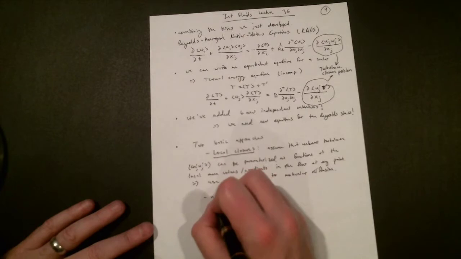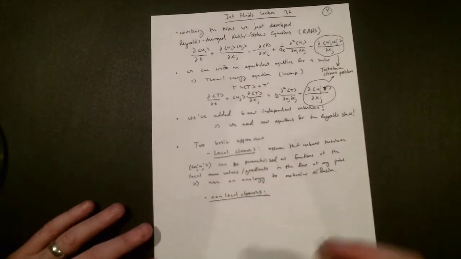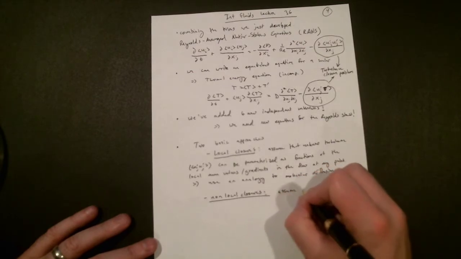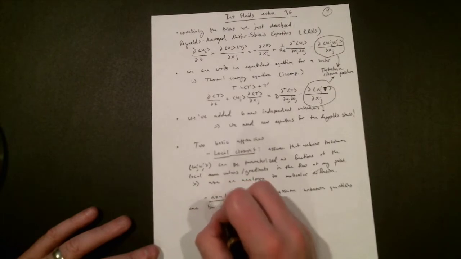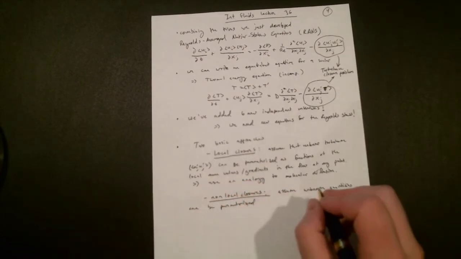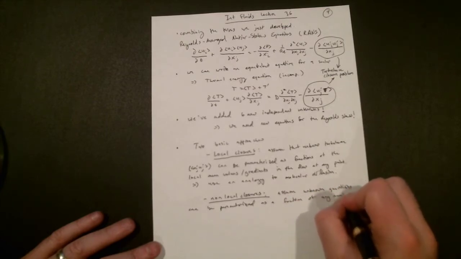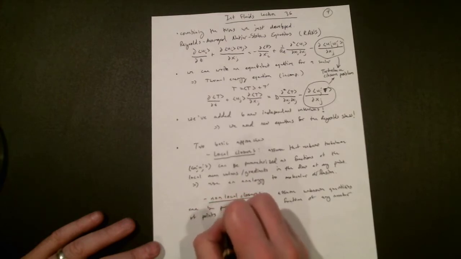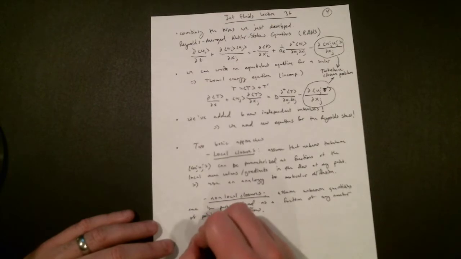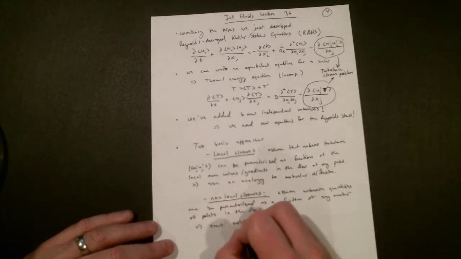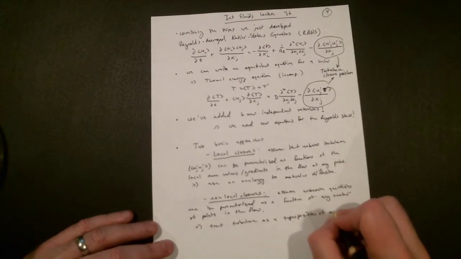The other types of schemes that are common are what are called non-local closures, kind of another class. And these basically assume that unknown quantities can be parameterized as a function of any number of points in the flow. Many times actually even taking into account basically all points contributing to any given point. So they treat turbulence as a superposition of many eddies of different size